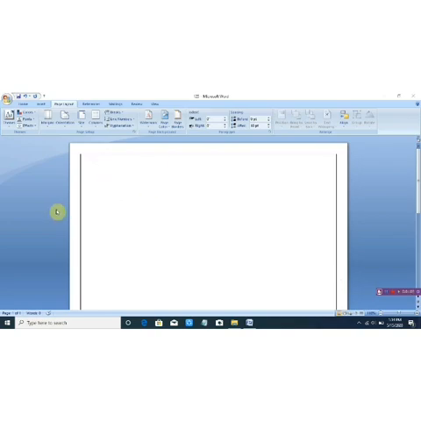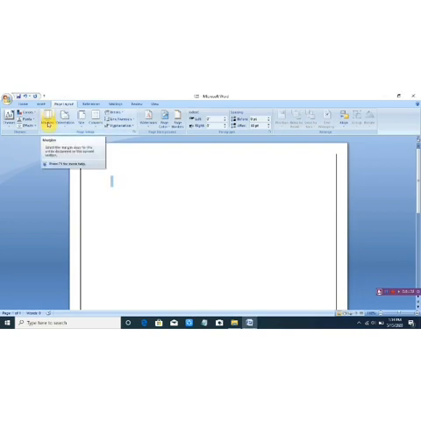This is the default page. When we create any Word document, by default the size of the margin is 1 or 2.54. Now I want to change it. So first we will go here to the page layout option. You can see here margin, orientation, size and column. Suppose I want to make some changes in the margin.